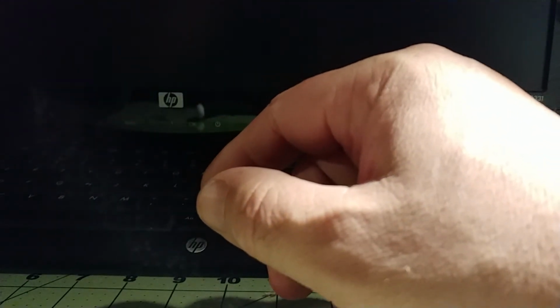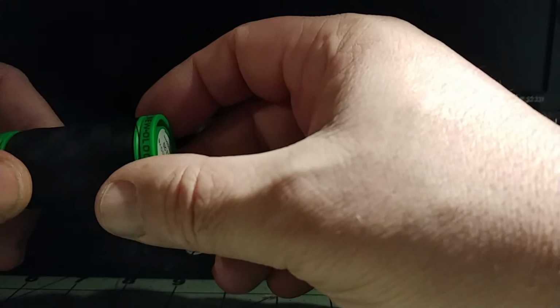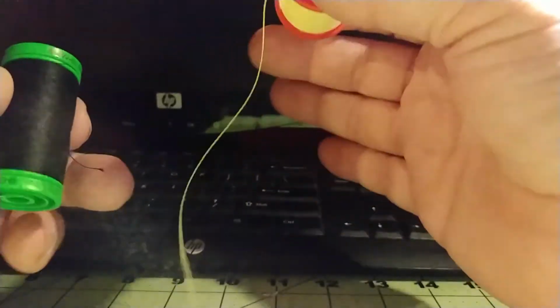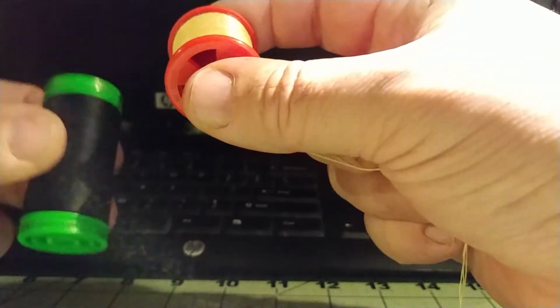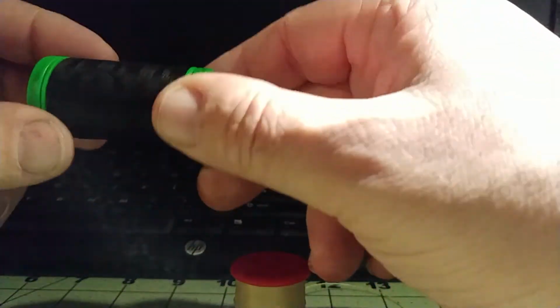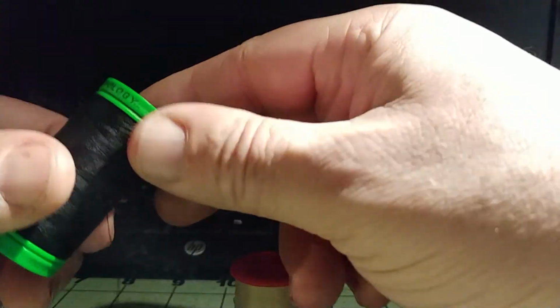And my primary method is thread. Unless you're using glue, thread's the way to hold everything together, and thread is the primary way. I've got two different types of thread here. This isn't my main one. This is what I can do if I'm, again, traveling, buying the stuff at a hardware store and a fabric store. The important thing with thread, I'm going to,